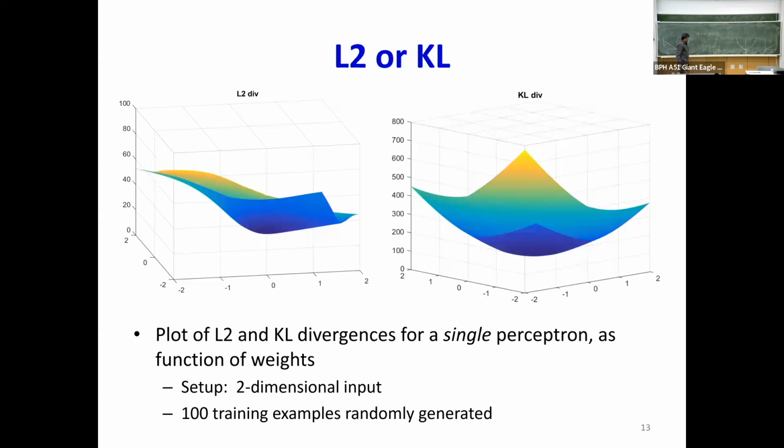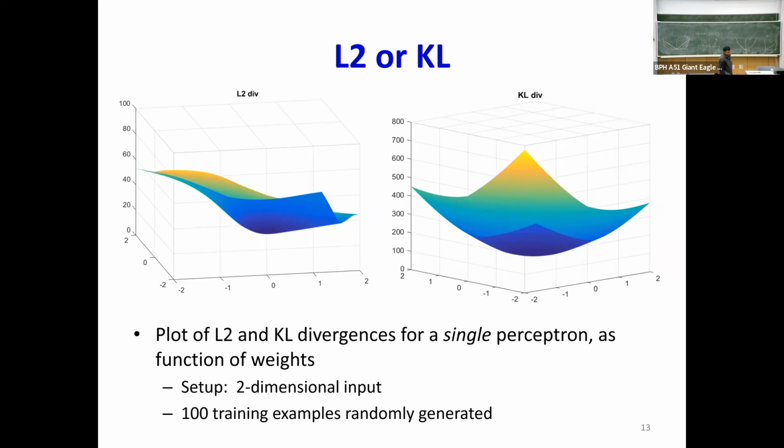Now, if I have these two different functions, this is the KL divergence, and this is the L2 divergence. You might have wondered, why do I use the KL and not the L2 in my training? Besides the fact that it's very steep, if I plot these as a function of the W, not the Y,